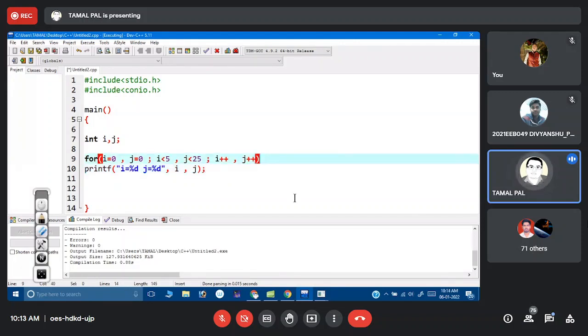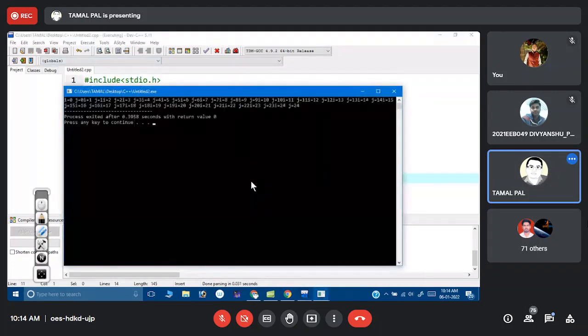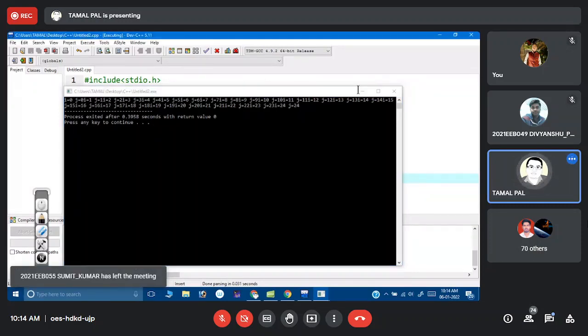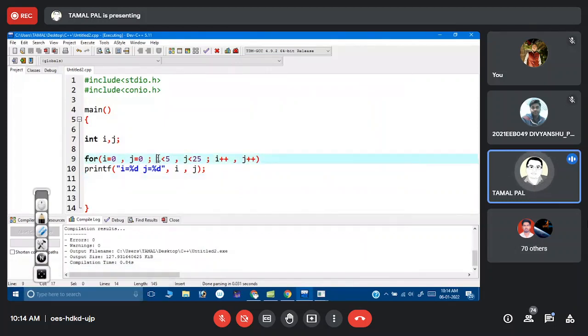Now, if I remove it, then what happens? It failed. i equal to 0, j equal to 0, i equal to 1, j equal to 1. Integer, that is allowed, since i and j, these two are different variables.